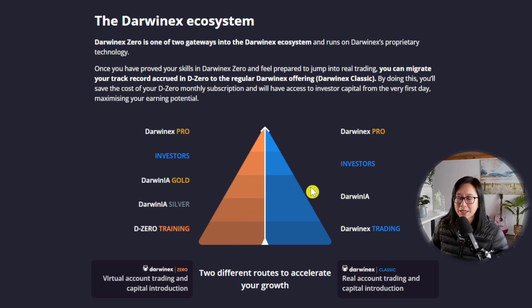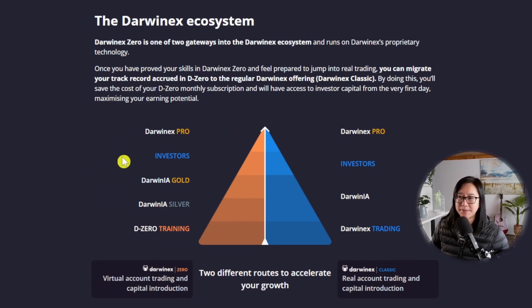The main difference between these two is that Darwinex Zero has a monthly and initial startup cost, whereas with Darwinex Classic there is no cost at all. However, Darwinex Classic is not available to clients in the US, so if you are a US citizen, Darwinex Zero